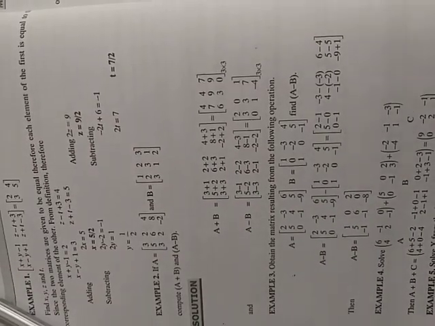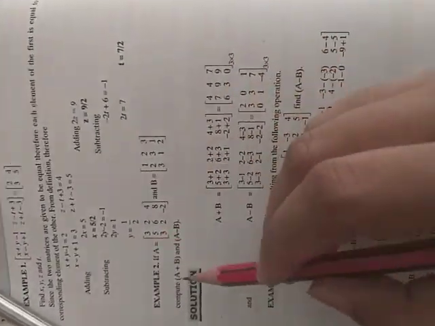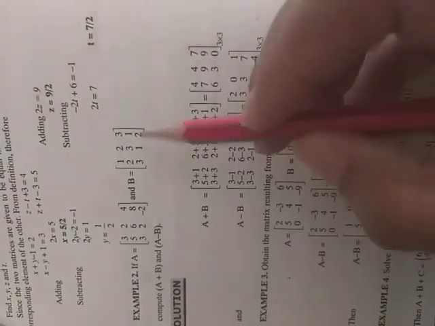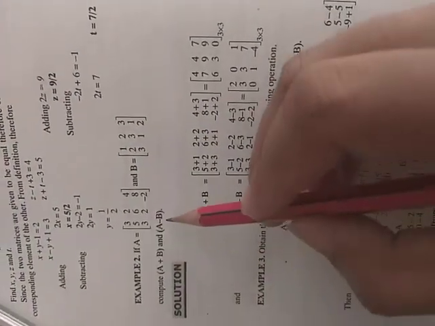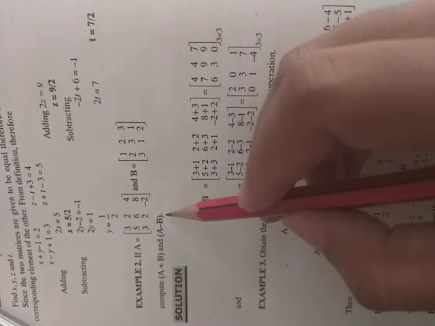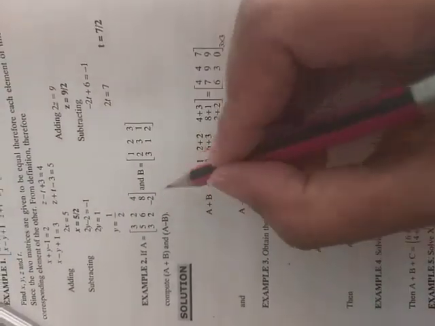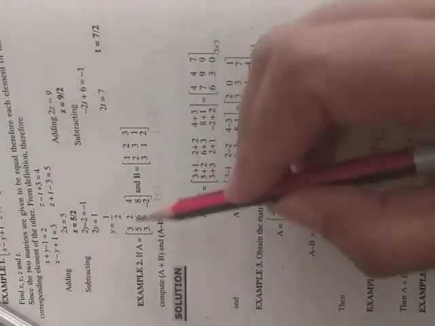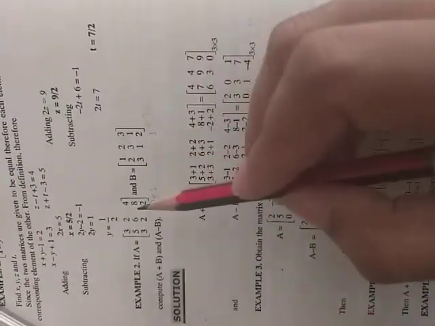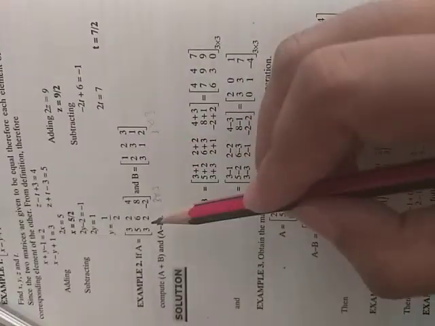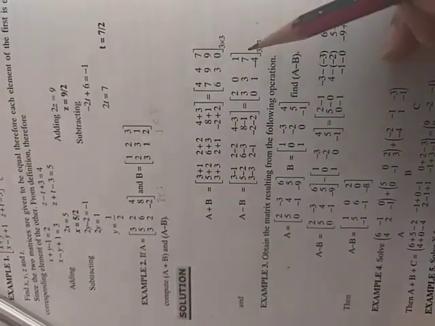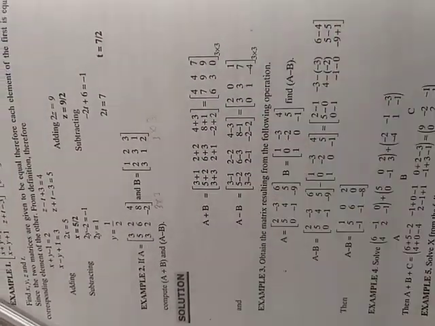Now let us discuss some examples. Let us come to example 2 first. So if this is A matrix and this is B matrix, you have to compute A plus B and A minus B. So remember, first of all we have to check the order. Clearly this is a 3 by 3 order matrix and this is also a 3 by 3 order matrix. So that means they can be added and subtracted. So addition is simple. 3 plus 1, 2 plus 2, 4 plus 3, 5 plus 2, 6 plus 3, 8 plus 1, 3 plus 3, 2 plus 1, minus 2 plus 2.